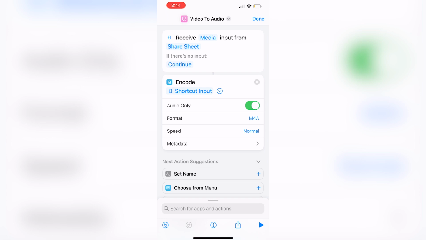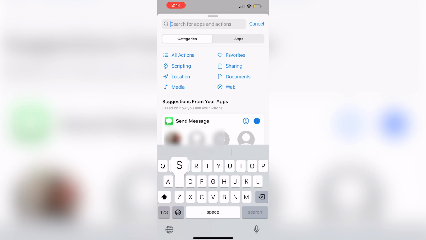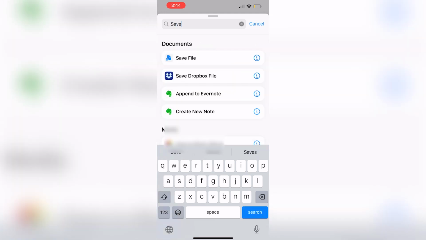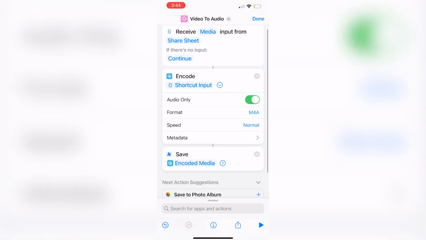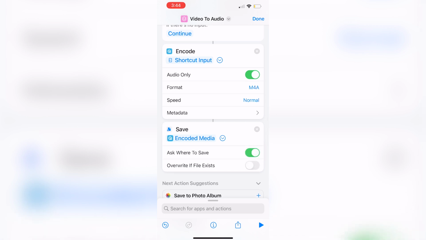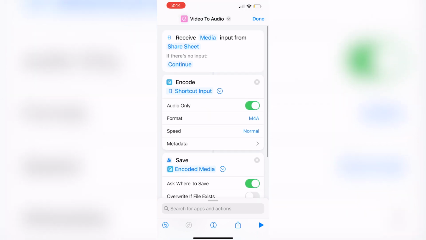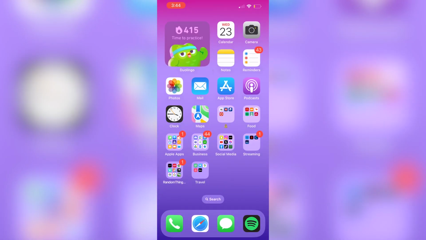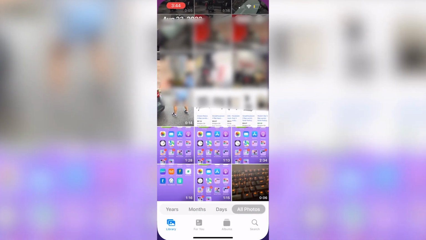You're then going to do this once again by searching for apps and actions, and just make sure you have a Save File action. You're once again going to click the arrow next to Encoded Media, and make sure that Ask Where to Save is checked. So from this shortcut, you're going to make sure you click Done, and you're going to go to the video